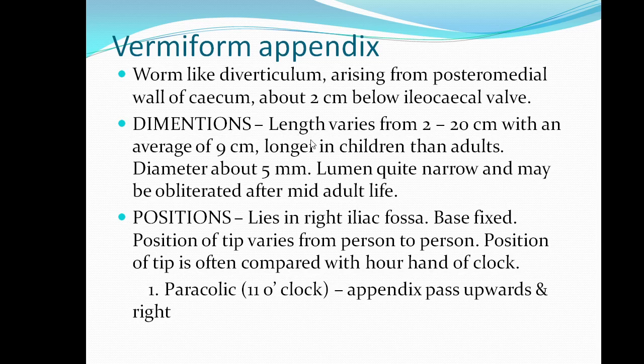The length of the appendix varies from 2 to 20 cm with an average of 9 cm. It is longer in children than in adults. The diameter is about 5 millimeters and the lumen is quite narrow, and it may be obliterated after mid-adult life. The position of the appendix